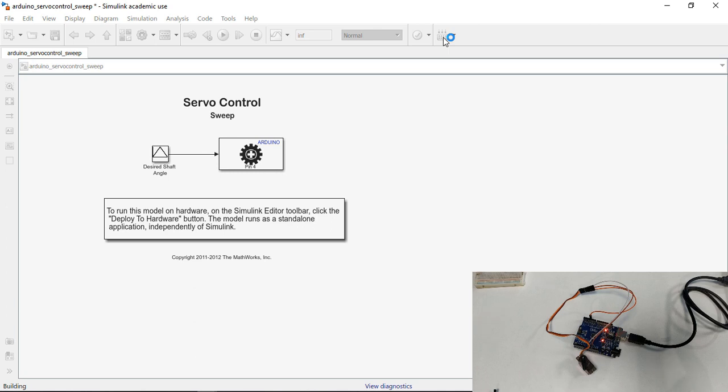So I'm trying to cover all the errors in this webinar rather than covering more topics, so that if you face any of these errors, you would be capable of debugging them, not only for the servo motor or the Arduino, but for all the hardware as well. So it's building again, and this time it should deploy.